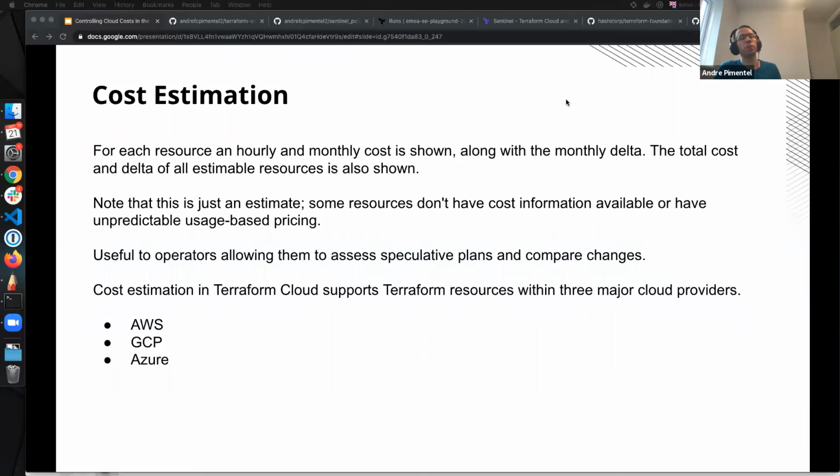This is just an estimate. This is based on the cloud vendor API, right? On Terraform Enterprise, you can actually use your own cloud keys to consult the cloud vendor API. And some resources don't have cost information available. First, because they're free, right?